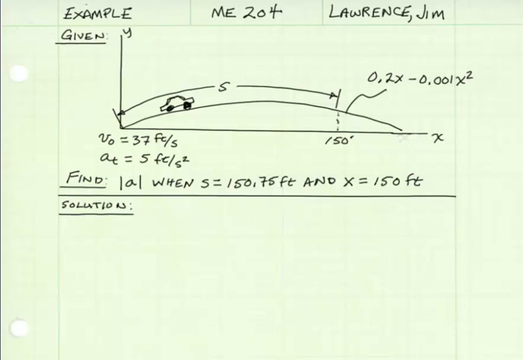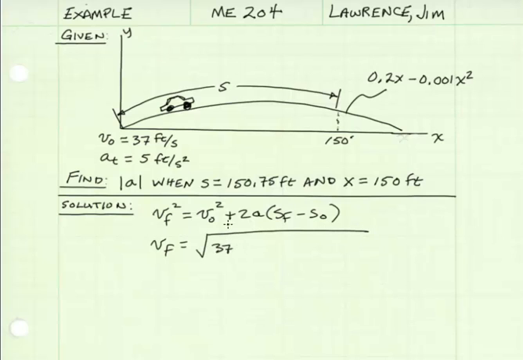So the constant acceleration equation that we want to use is our final velocity squared is equal to our initial velocity squared plus 2 times our acceleration, final position minus our initial position. We want to find what our final velocity is so that we can find our normal acceleration. So our final velocity becomes the square root of 37, which is our initial velocity, squared, plus 2 times 5 feet per second squared, which is our constant acceleration, times our final position minus our initial